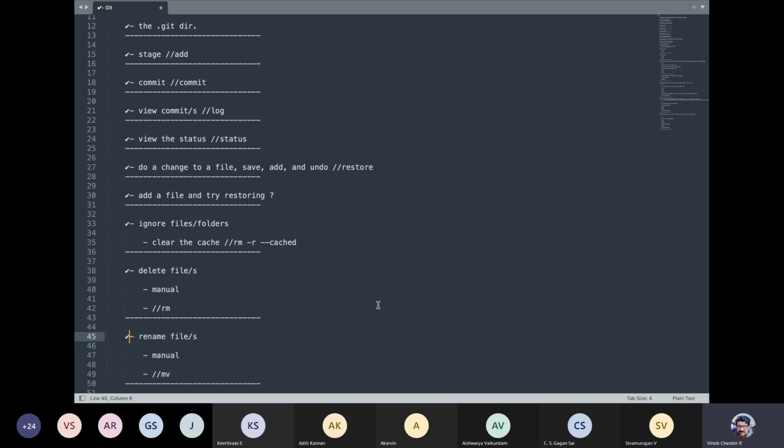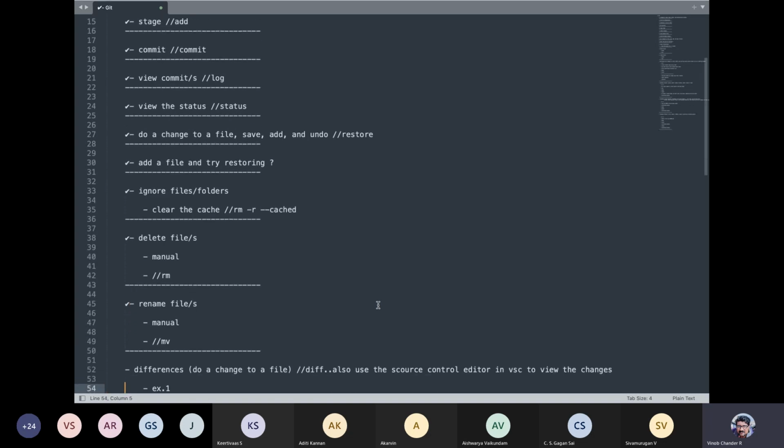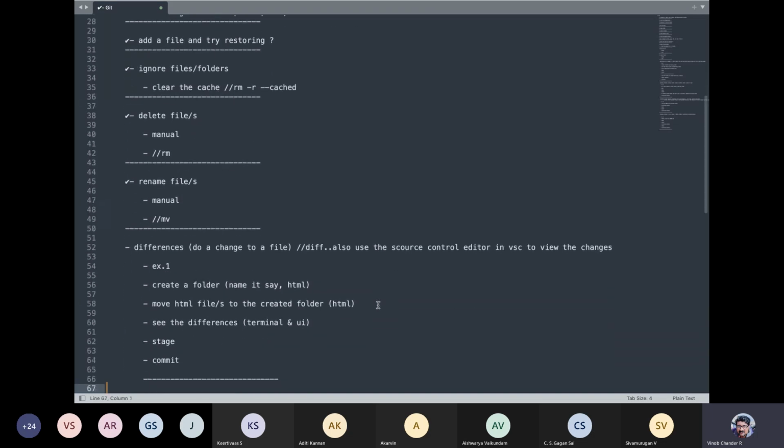All right, so what do we have next? Okay, next, guys, it's a small exercise. You can do this particular exercise and we will also do it again so that we can see if it actually matches with what you have done and what you have understood. So the idea is with respect to differences. Now, what do you mean by differences, guys? Differences let you see the original version with the changed version of the file. For that you can make use of the git diff command. So that is all about differences.